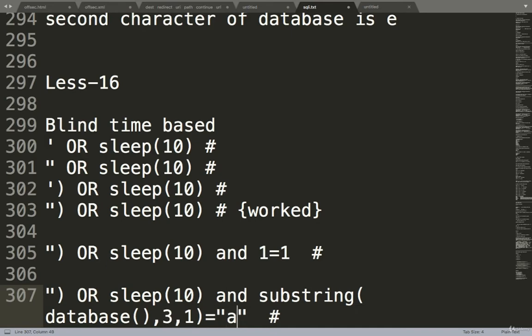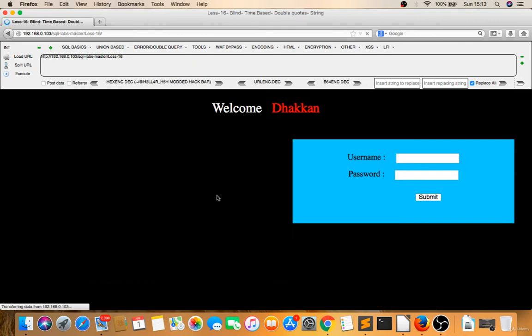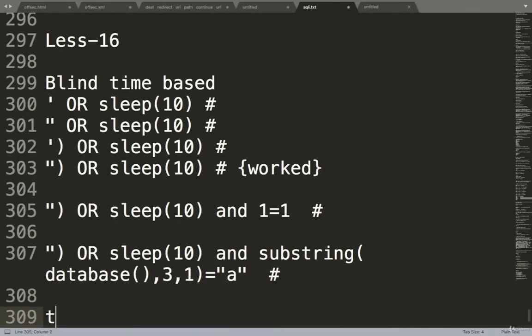I'll use A. So I'm fetching the third character of the database. It's not A. I'll try B. B is not. I will try C. See this? For C, it's sleeping for 10 seconds. That means the third character of the database is C.